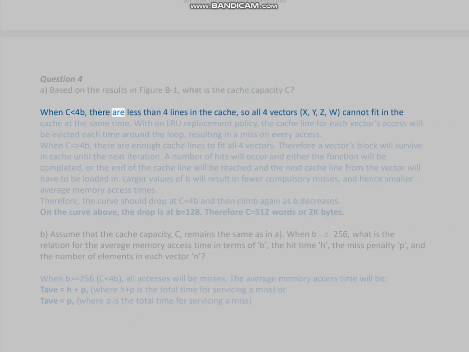Question 4a. Based on the results in Figure B1, what is the cache capacity C? When C less than 4B, there are less than 4 lines in the cache, so all 4 vectors,